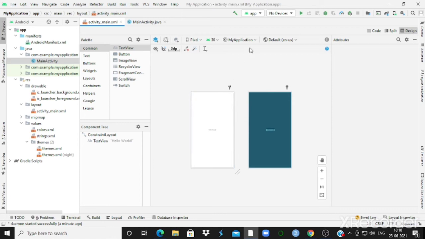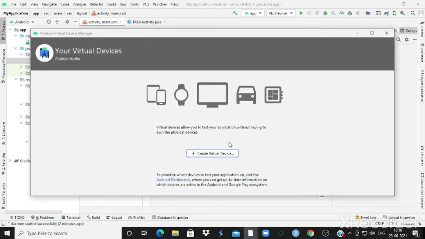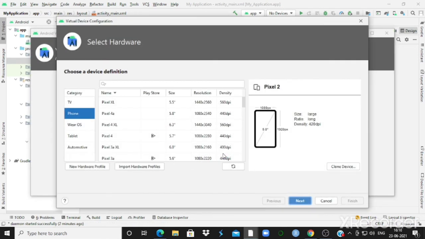Now, to run on devices you need an emulator. Here it's showing no devices. You are supposed to download a device or an emulator. Click on AVD Manager, Android Virtual Device Manager. Create virtual device.